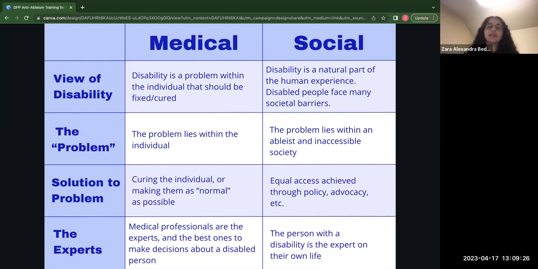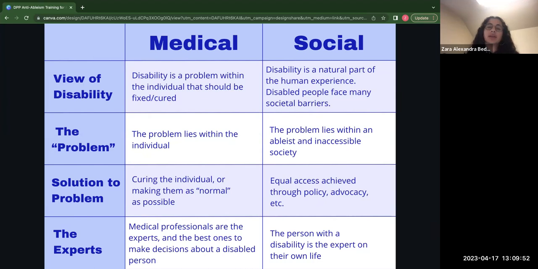Under the medical model, disability is a problem in the individual, whether physical, mental, or emotional. The focus lies on fixing the individual through curing or treating the disability. Medical professionals are viewed as the experts on disability and the ones who should make decisions relating to it instead of disabled people themselves. Through the medical model, the burden is put on people with disabilities, and they're taught that disability is an individual issue to be fixed or cured.